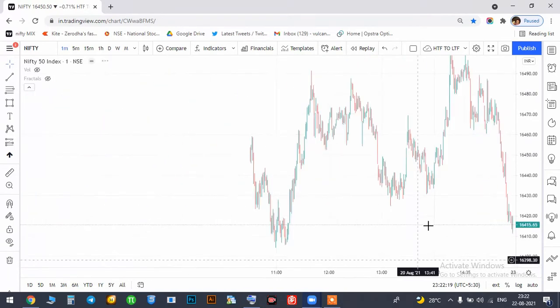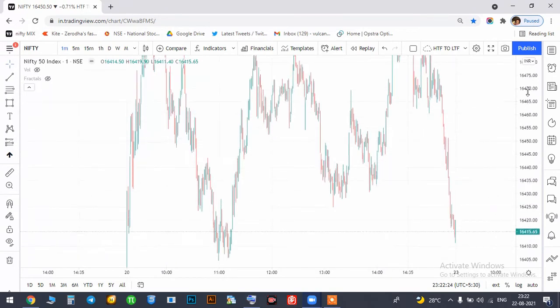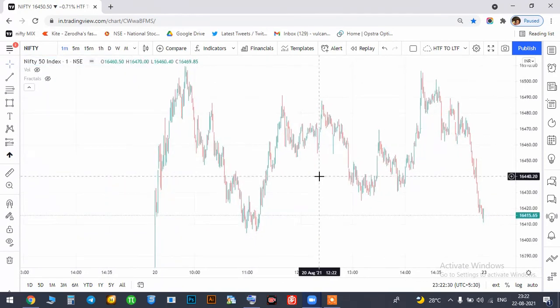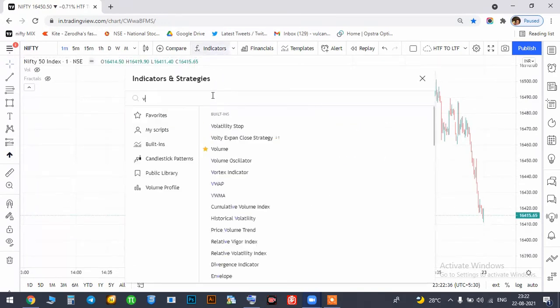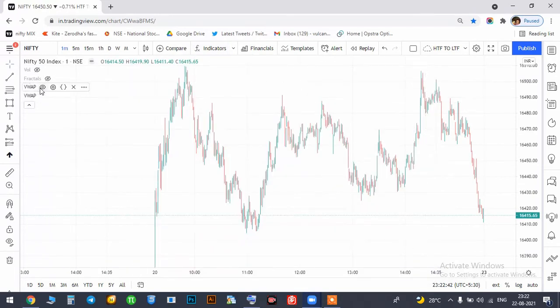Because whatever I have taught you till now is not more than 5% of the market knowledge. If I teach you for the whole year, then I guess this will be like 20% or something. Because if I start teaching you VWAP, okay, now what do you know about VWAP, how a retail trader should use the VWAP.